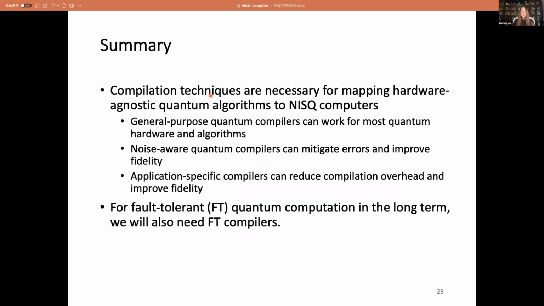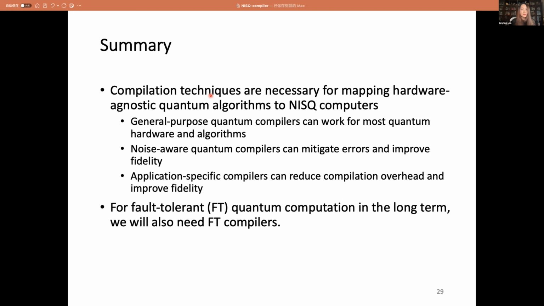And normally their goal is to minimize the number of 2-qubit gates or the circuit depths in order to mitigate the effect of gate errors and decoherence. And noise-aware compilers could further mitigate errors by exploiting the noise variations across qubits and also across gates. And therefore, they could further improve the application fidelity.